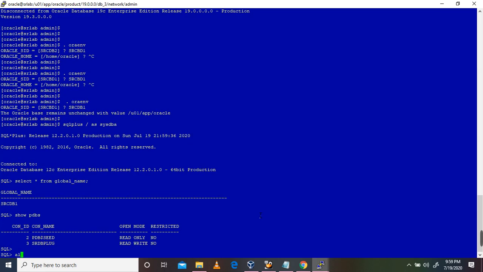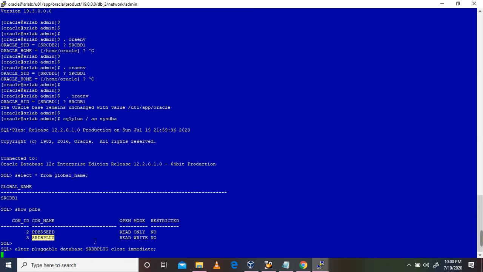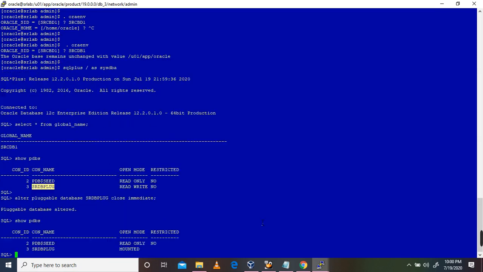We need to close this source side. We will close this PDB. So it is closed, so it will not get any application connections and all.